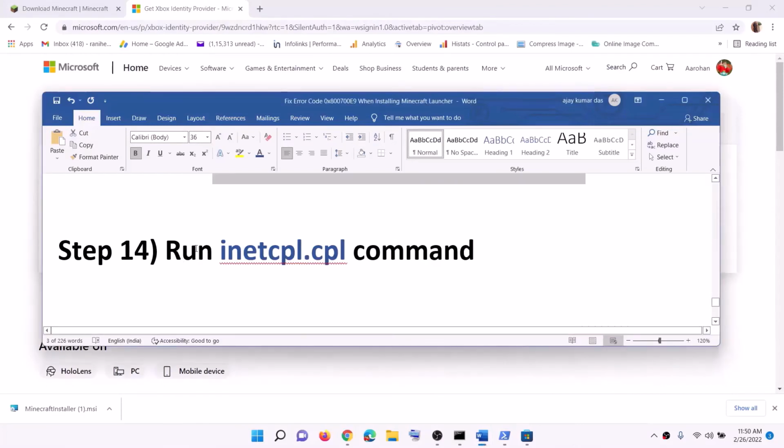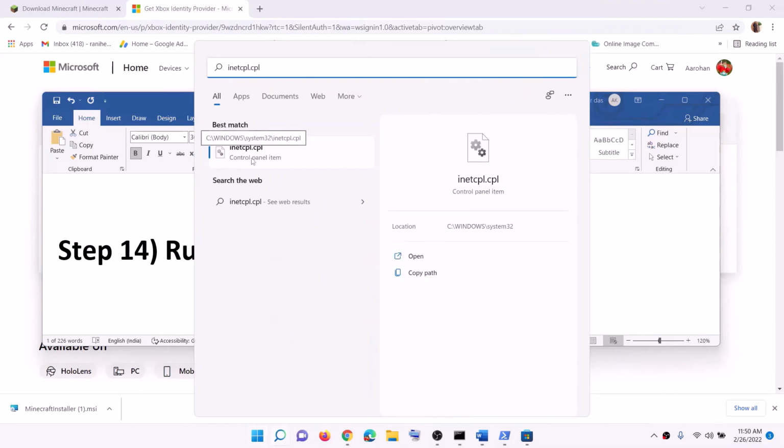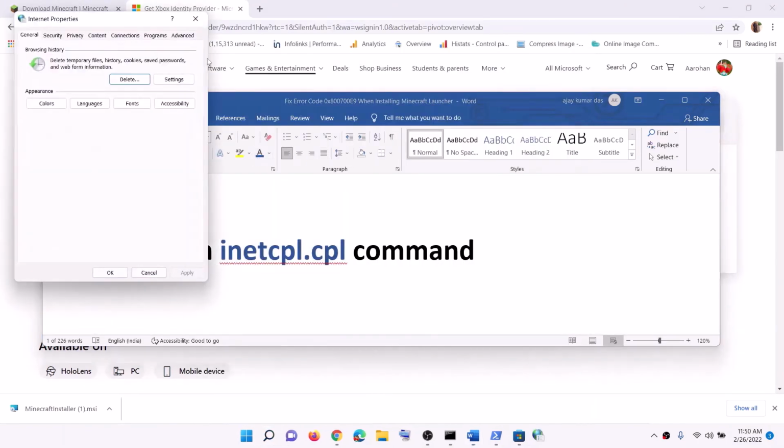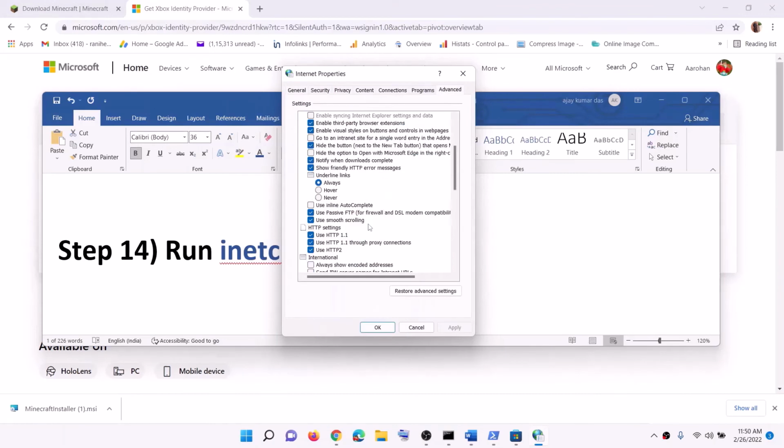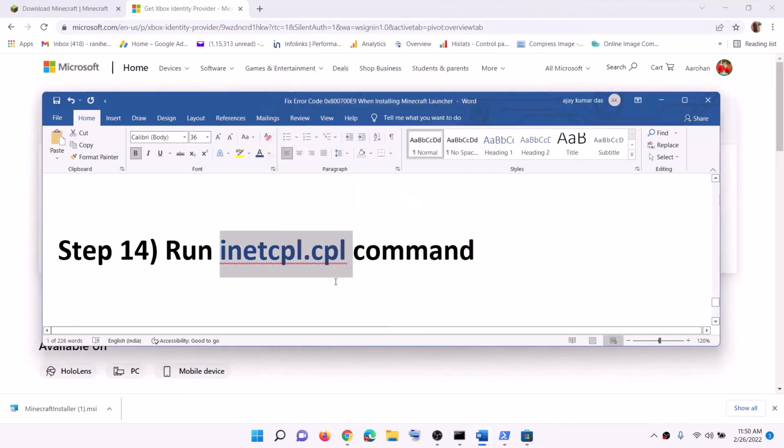Now the next step is to run the inetcpl.cpl command. For this, type in inetcpl.cpl in the Windows search box and then click on inetcpl.cpl. Now go to the Advanced tab, scroll down. Here you can see Use TLS 1.0, TLS 1.1, TLS 1.2, TLS 1.3. Make sure all four are checked over here, and then click on Apply, click on OK, and then try to